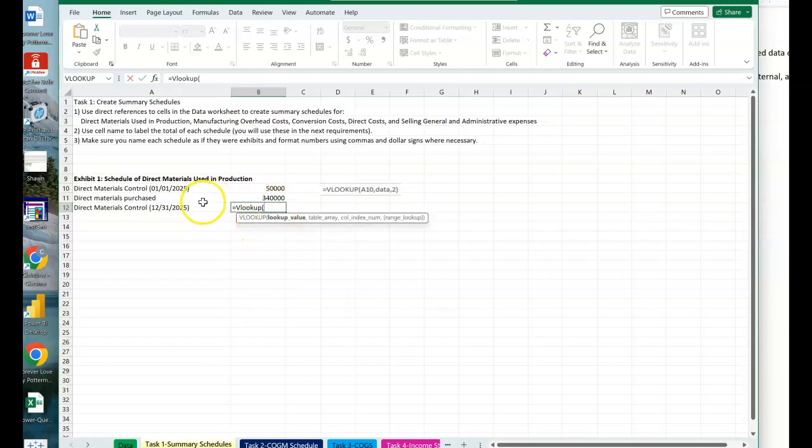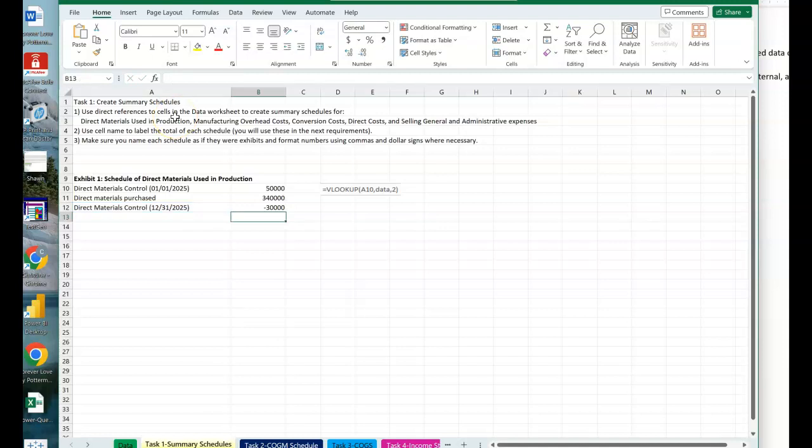VLOOKUP, I wanted to look up this value from the data table and be sure. Let's see. Yeah. Okay, so that worked. And then that should give us our ending balance. Or no, direct materials used. And that is